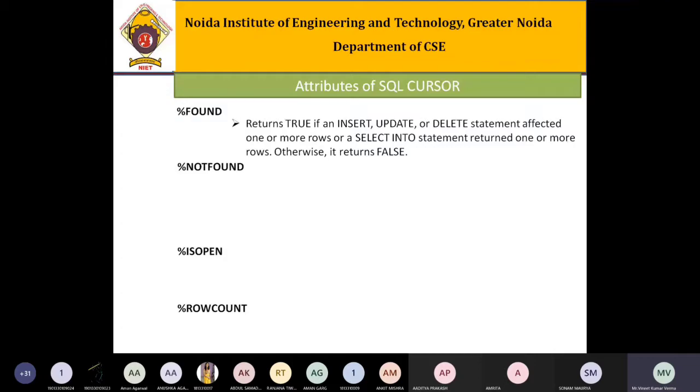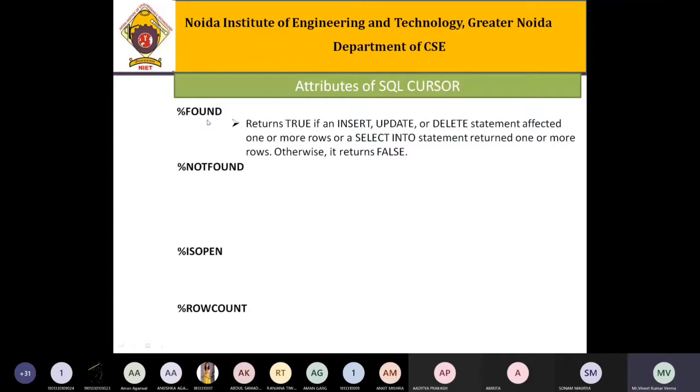What is the meaning of this? That means if any statement returns some rows, then the %FOUND attribute becomes true. Otherwise, it is false. In the case of %NOTFOUND, it is just the opposite of the %FOUND attribute.